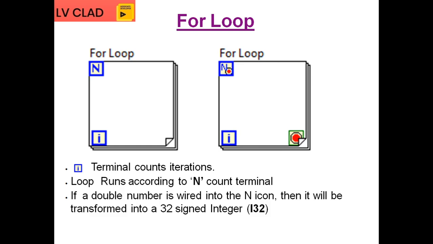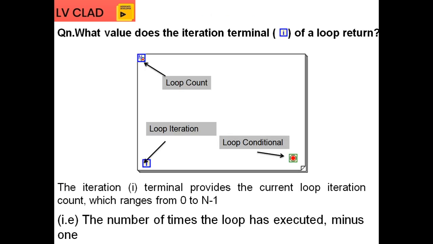Let us go with some introduction, then we can understand the concept of the n value. So directly we'll move on to the basic questions. What value does the iteration terminal hold if the loop is written? Okay, simple. In the while loop, you control the execution based on the condition, stop if true or continue if true. There is no n terminal, so it goes an infinite number of iterations, but here we have a defined number of iterations. So automatically we have to provide some value, and based on that alone, the i value is going to be there.